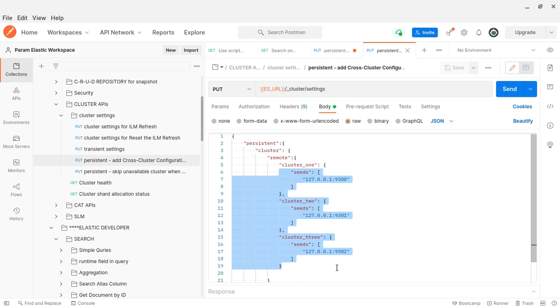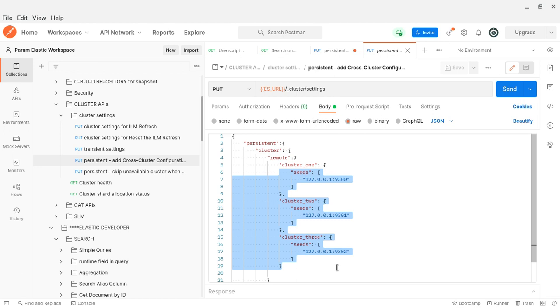So this is a very simple way to configure clusters. If we are running in the SaaS based model, there is a trusted cluster option, which is a page called trusted cluster. There we can add the cluster details, so that the clusters can trust each other and exchange data, search results and responses, everything.